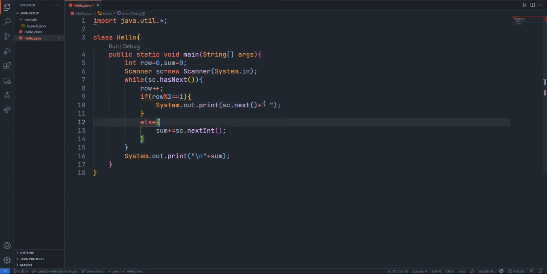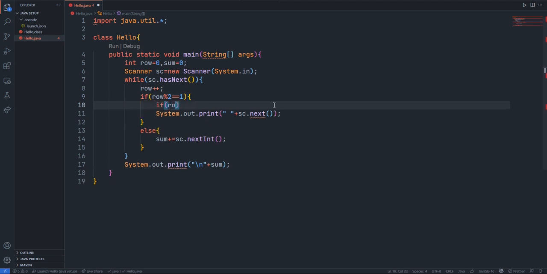But sometimes the judge will act weird for this single space. It will act something like we are not even a programmer. It will show some random error and hidden failed test cases. So to get rid of that, we just need the space in front of this scanner output, and we don't need a space for the first one, right? So if row not equal to 1, okay, Copilot, you can shut up now. If row not equal to 1, print the space.